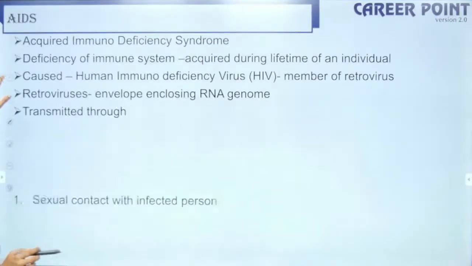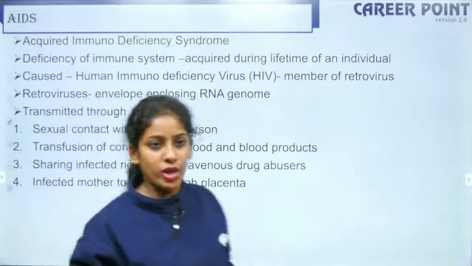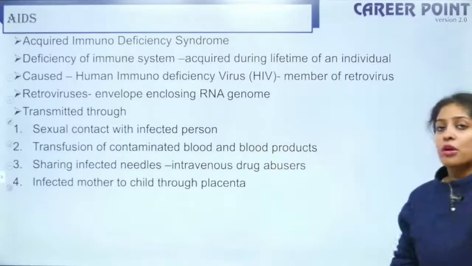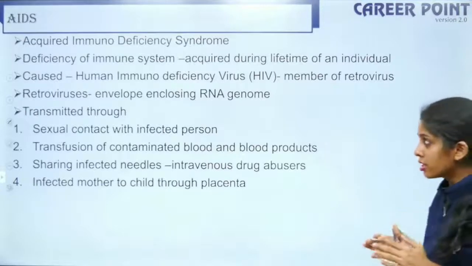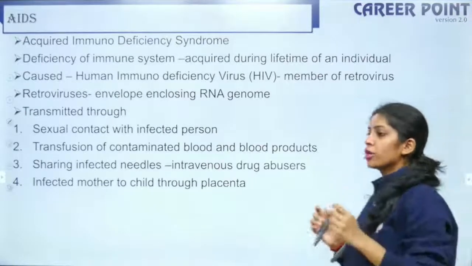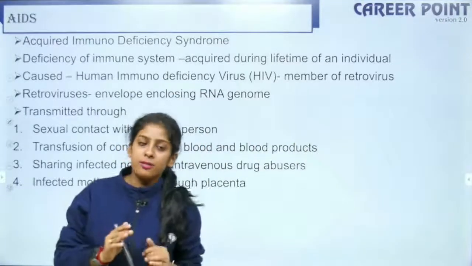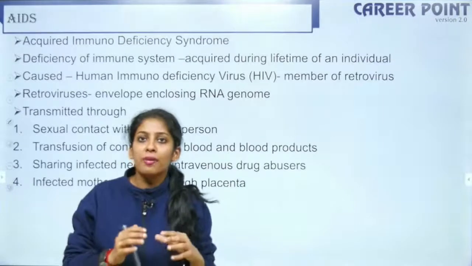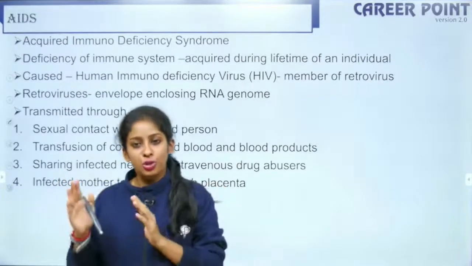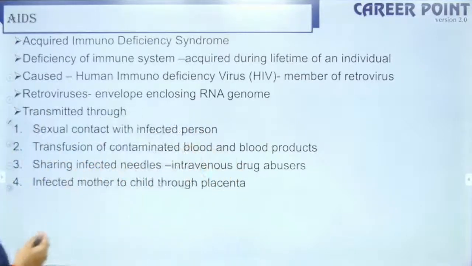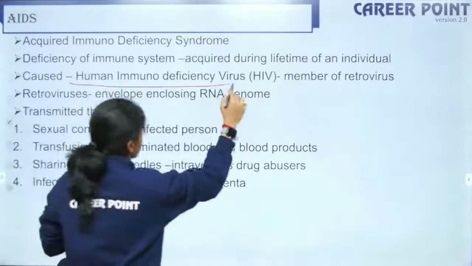People today also do not know the full form of AIDS. I know my beautiful students who have written the wrong abbreviation, right? AIDS stands for acquired immunodeficiency syndrome. Again, the spelling is very, very important. It is a deficiency of the immune system because your T helper cells are getting affected. When a person tests positive for HIV, it does not mean he or she will have AIDS. Prolonged infection of HIV leads to AIDS, okay? So the full form of AIDS is this, and the causative agent is this.